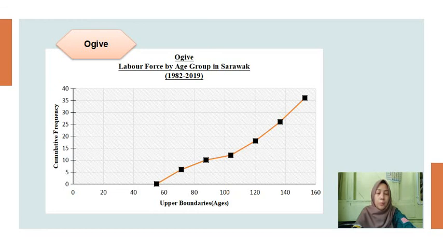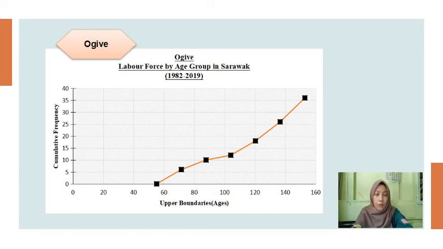An ogive is a line graph that displays the cumulative frequency of each class, that is, at the upper class boundaries. Construct the ogive of a frequency distribution that includes the cumulative frequency of each class at the upper class boundaries. The horizontal scale is the upper class boundaries, while the vertical scale is the cumulative frequency. This graph starts at the lower boundary of the first class with a 0 and ends at the upper